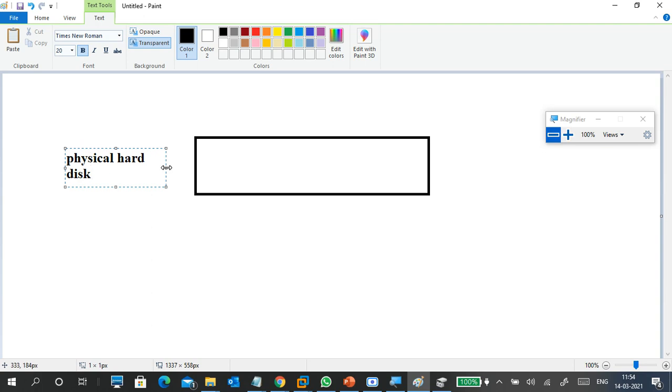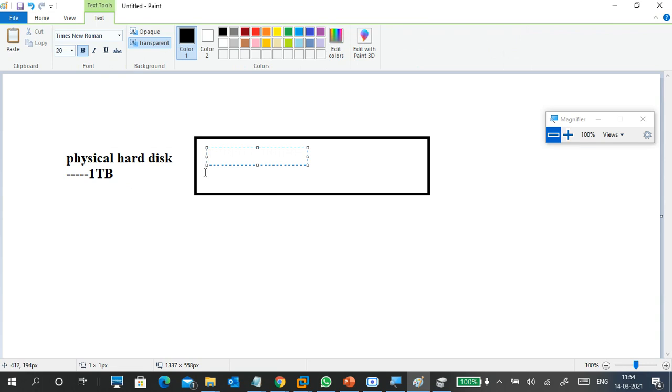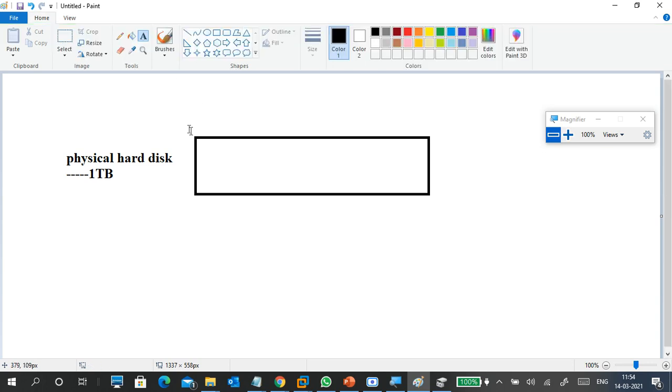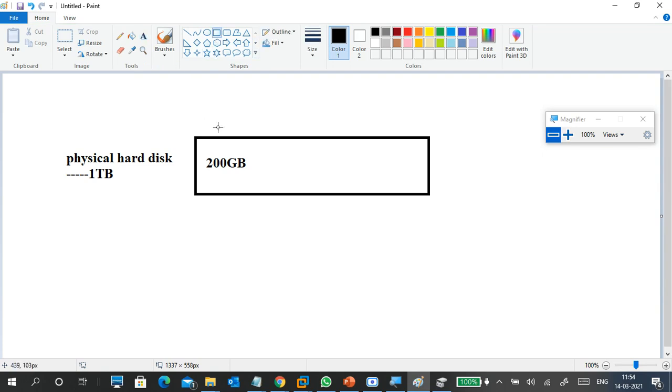The size of the hard disk is, for example, 1 terabyte. I'm going to create a virtual hard disk, for example a 200 GB fixed disk. I'm creating it inside of my hard disk.